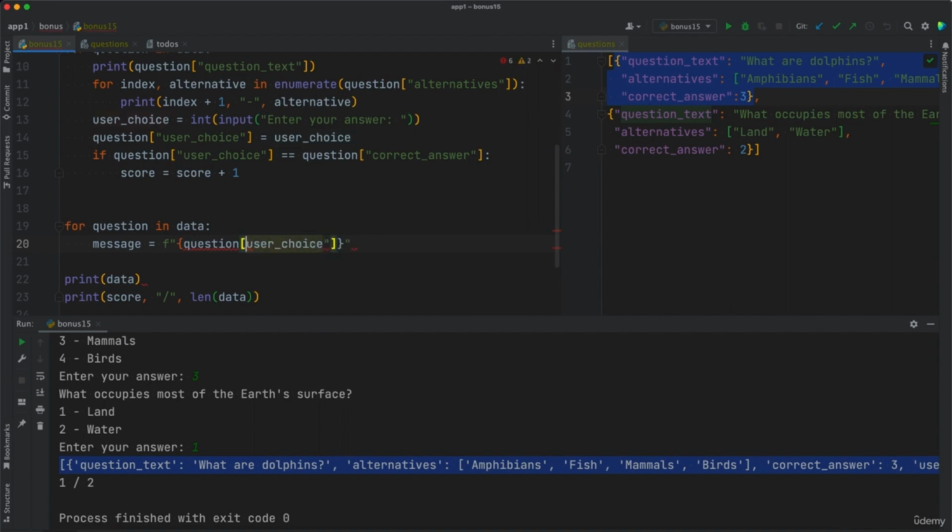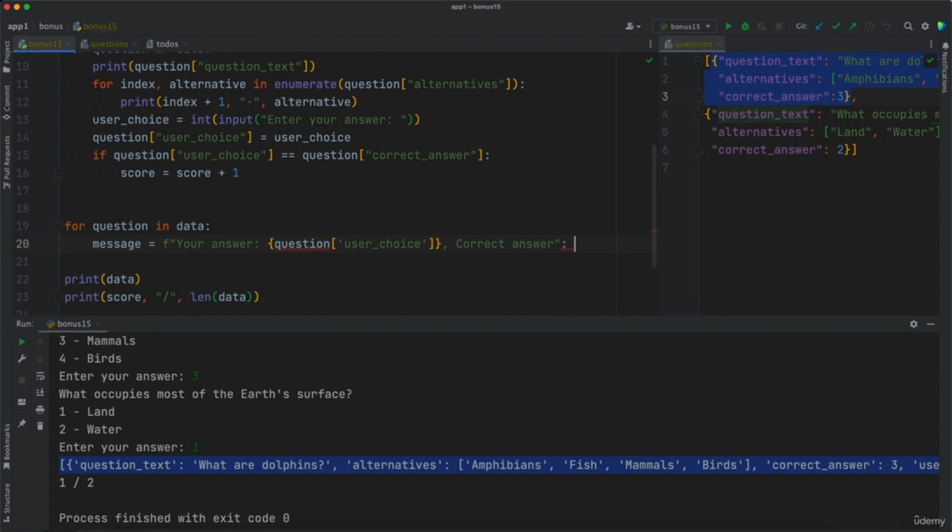This user choice now has to be in single quotes because the outer quotes are double, so you cannot use double quotes inside user choice as well. So you can say that your answer is that, maybe a comma outside that, and then go outside these curly brackets, and you could say correct answer is question